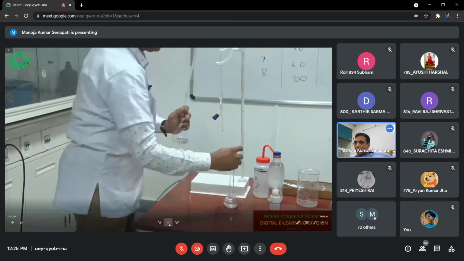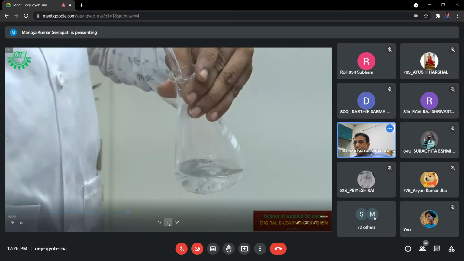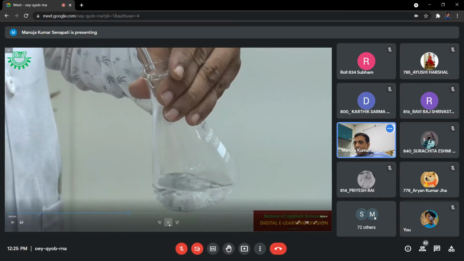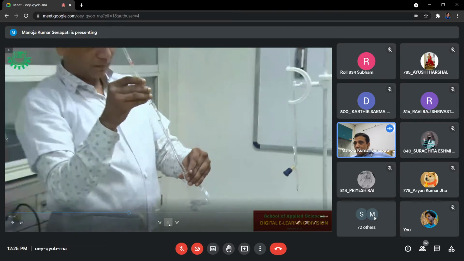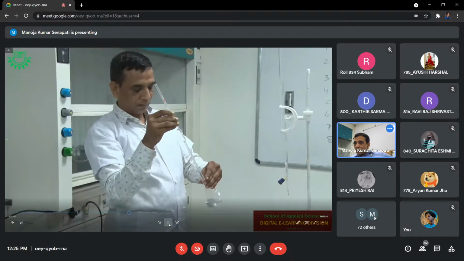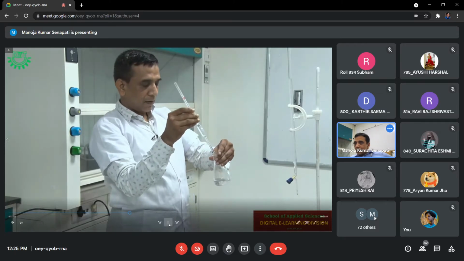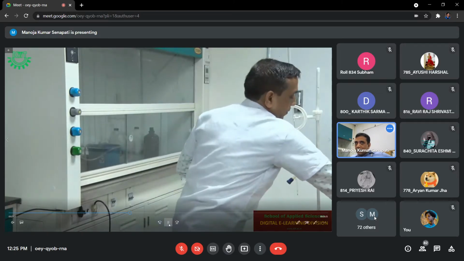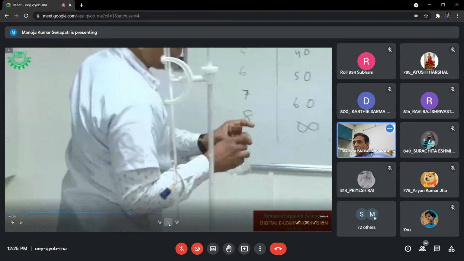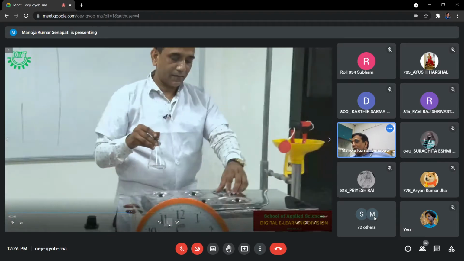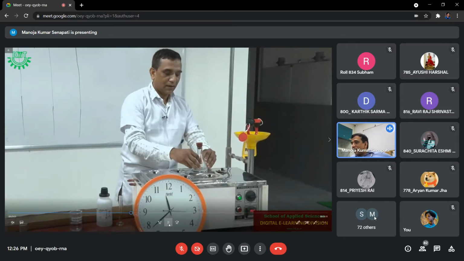Now cover it with a cloth and keep the conical flask on a heating water bath. And this whole heating water bath is maintained